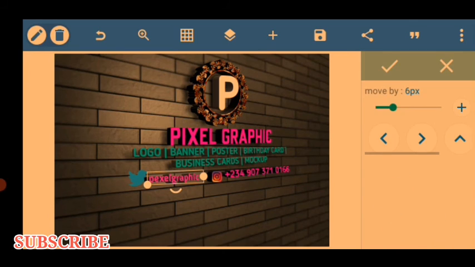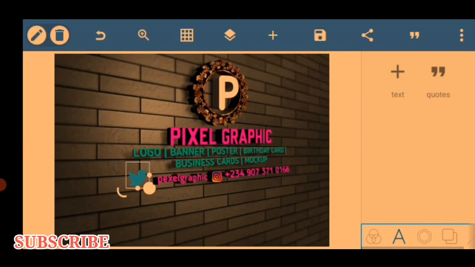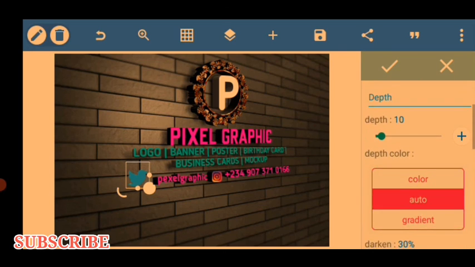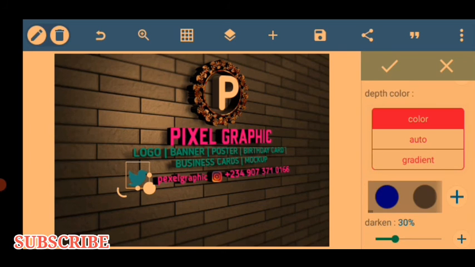I've turned this to 3D already, and then try to move it a little bit closer to what you have already, and then turn the Twitter logo into a 3D format by enabling it, and then pick the background, the